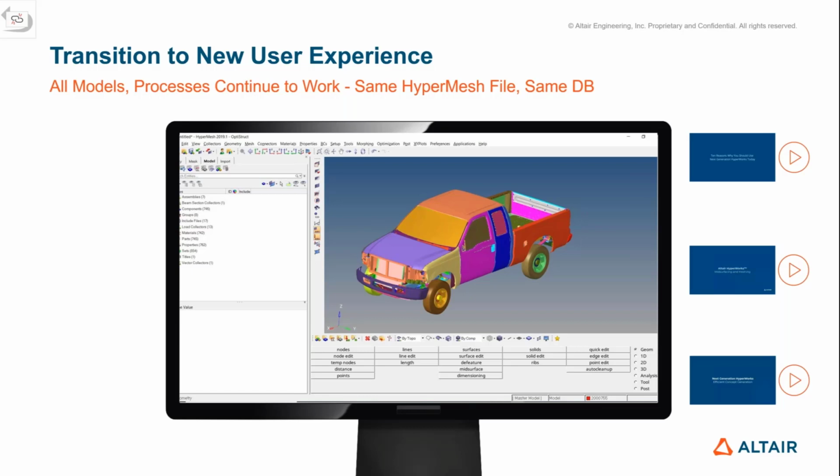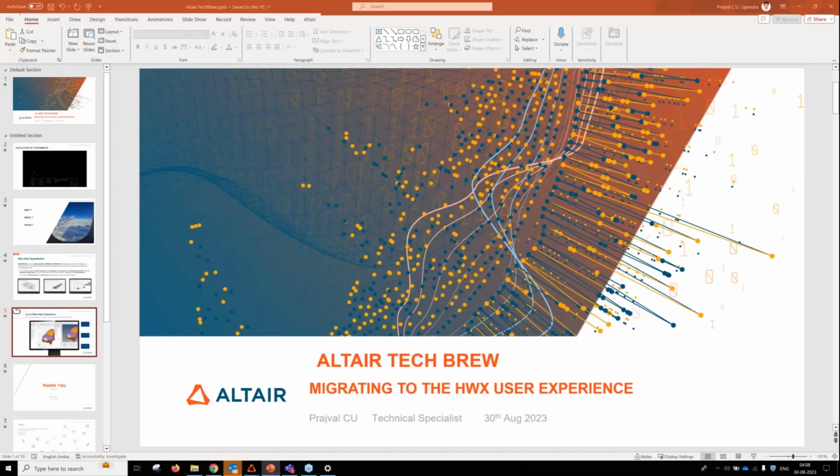There might be other things, like some users may have developed a lot of scripts which meet their demands. Will those scripts be usable, or compatible with the newer version of HyperWorks? Yes, I would say yes. The newer interface does support the older scripts unless there has been some kind of entity migration. So with this introduction slides, I'll be moving straight back to the tool,